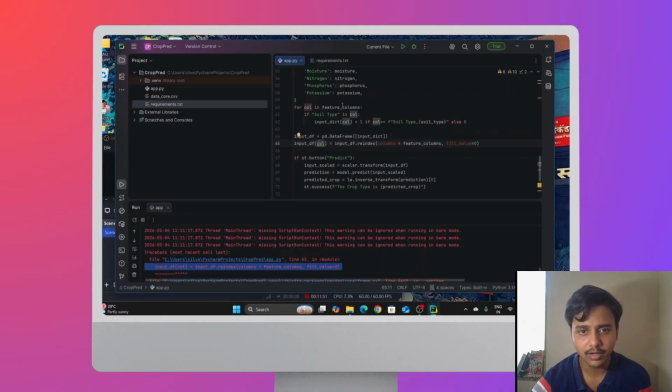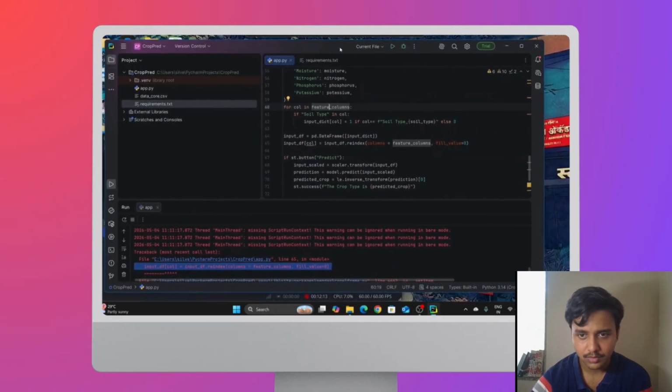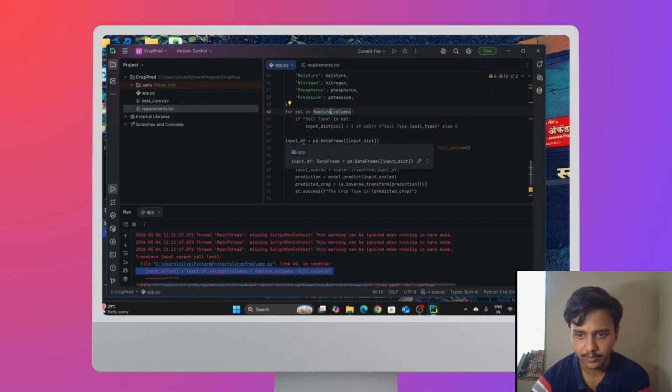So for col in feature columns, okay, if soil type in col, okay, input dictionary col equals 1, if col equals f of soil type underscore soil type else 0. Okay, so input data frame should be equal to pd.DataFrame, and input df equals input df.